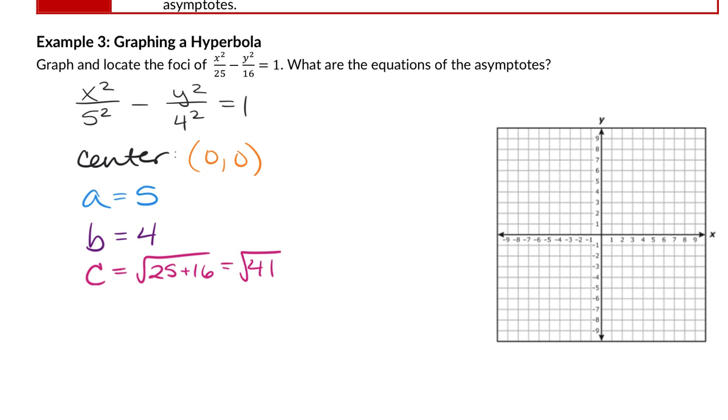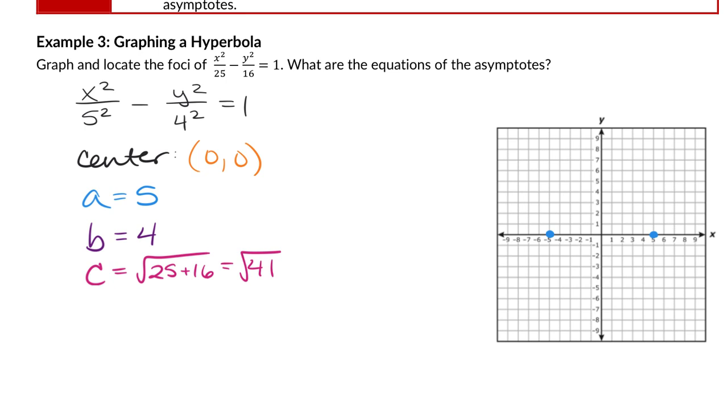If we know our center is at (0, 0) and the A value is 5, where are our vertices? Negative 5, 0 and 5, 0. Very good. So they're along the x-axis because this is a horizontal transverse axis, and we have these vertices at